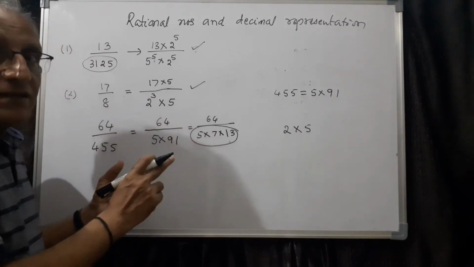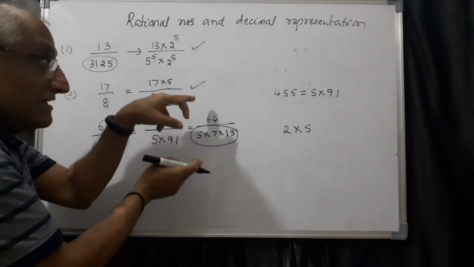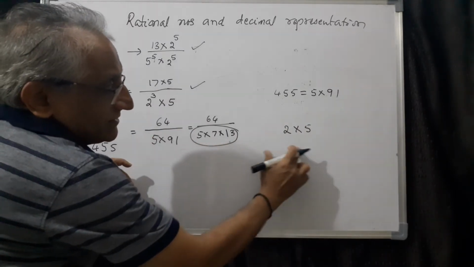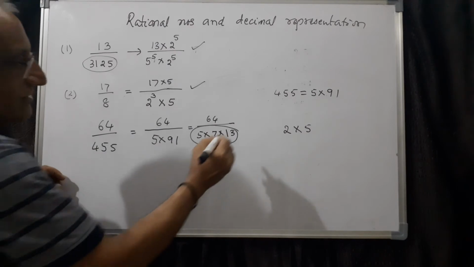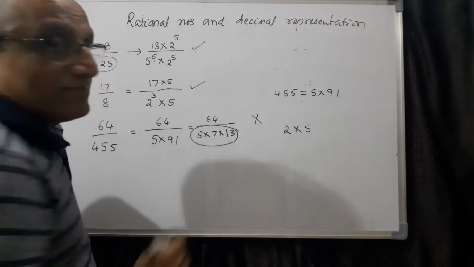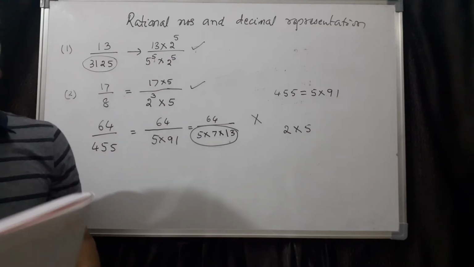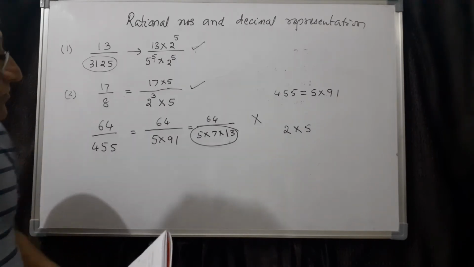So it is just sufficient whether the denominator is possible to write only in terms of 2 and 5. If 2 and 5 are missing, you can multiply numerator and denominator, that's okay. But somehow you should write in terms of this one, which is not possible. Therefore, definitely say this is non-terminating decimal expression. Let me take a few more.